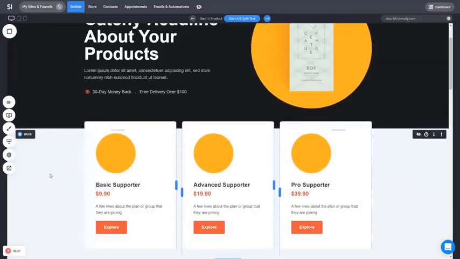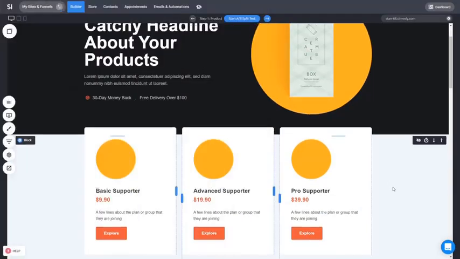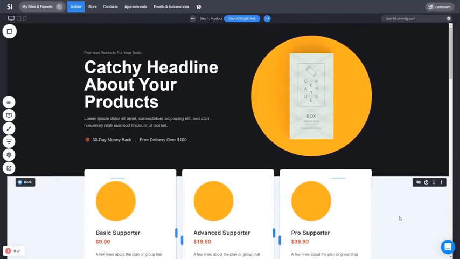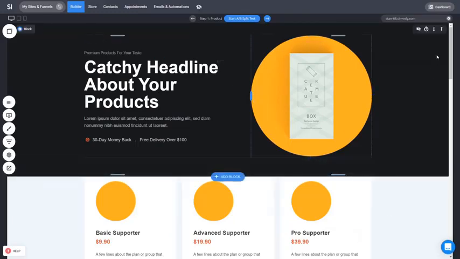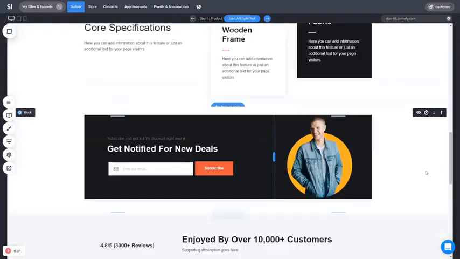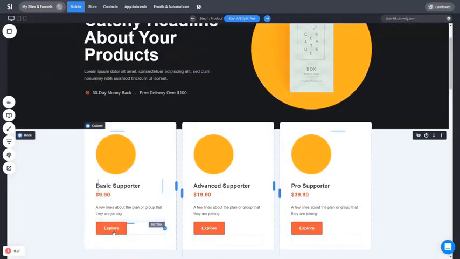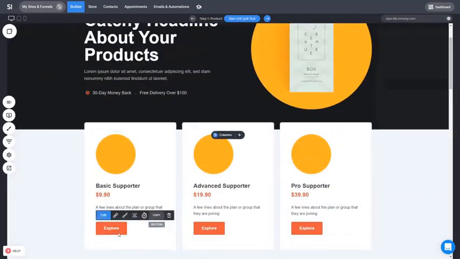And what we mean by that is when you go into the funnels area, you'll see that you have a different flow for each product. So basically you have single product funnels within one big funnel, that is the multi-product sales funnel. So in this case, we have a landing page here showcasing the different products, different offers. Again, very similar to the previous one, but instead of adding to cart, each button will go